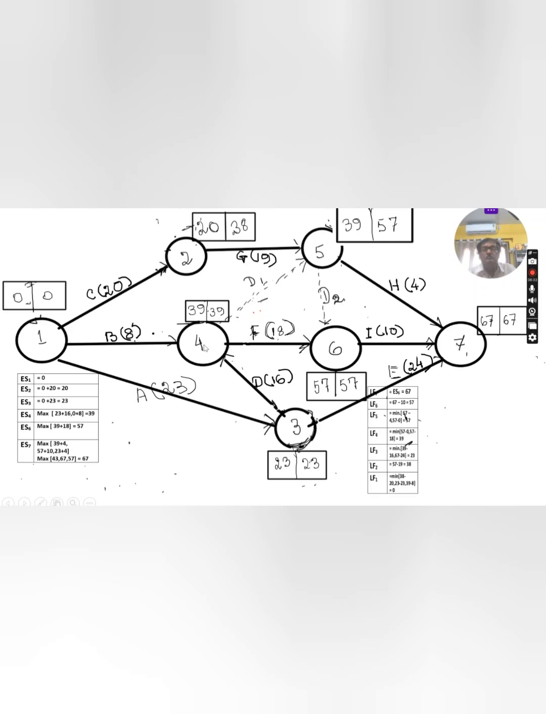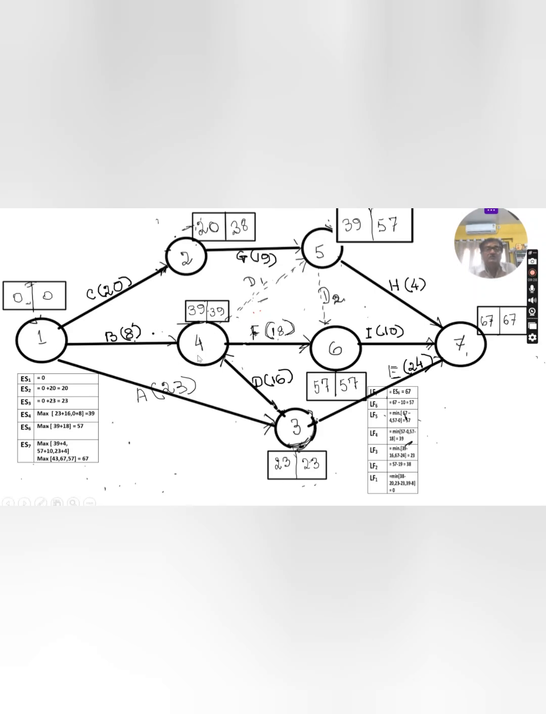Now for node 4, ES4, you see the connecting tasks in this case are not 1, 2, but 1, 4 and 3, 4. That means you must complete this activity and also this activity. That's why, what will be the earliest start time of this node? Because you have to complete all the activities. You cannot leave any activity. That's why you have to take the largest time required